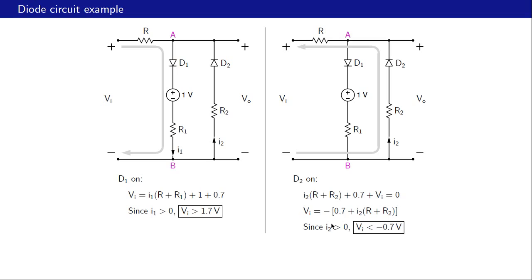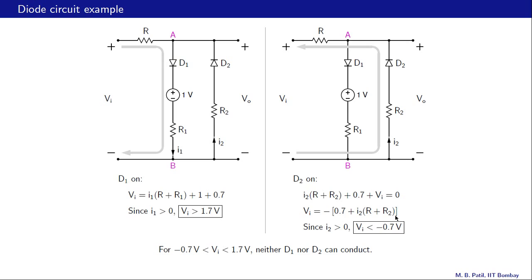So that gives us Vi minus 0.7 plus I2 times R plus R2. Let us look at this number in the brackets here. It's 0.7 plus I2 times R plus R2. Now I2 can only be positive because D2 can only conduct in that direction, and therefore this number is always